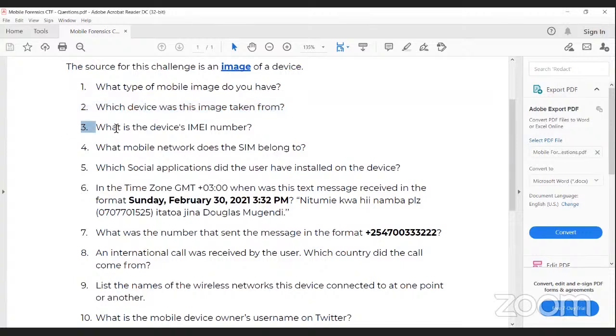So we'll now look at question 3. What is the device's IMEI number? For this one, I used a free trial of Magnet Axiom, and I was able to find the IMEI number. Unfortunately, my free trial has ended, but I also looked through one of the databases here. Under agent data, I found a database called